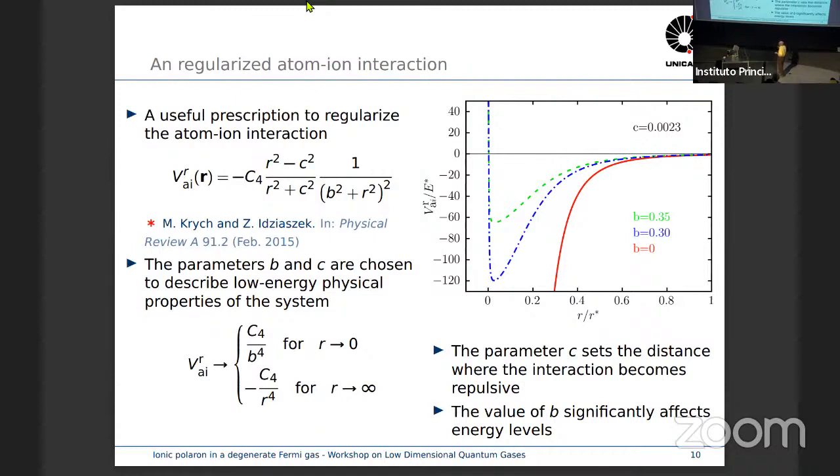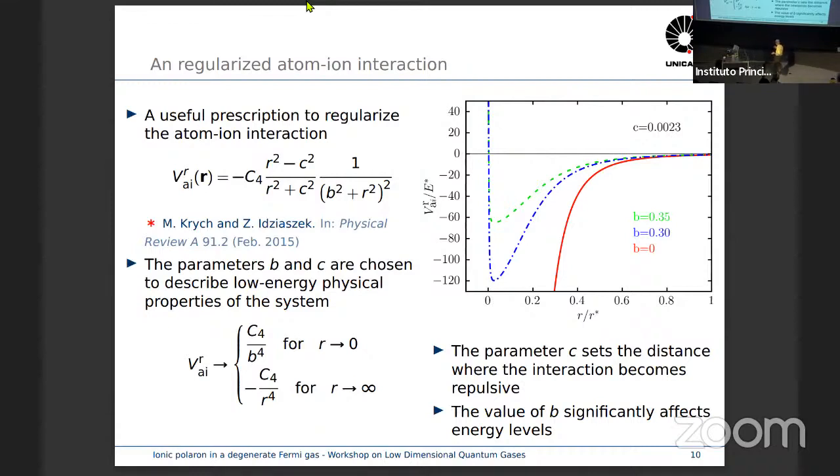And the parameters B and C are chosen to describe the low energy physical properties of the system. Anyway, in the limit R going to 0, this C4 over B4 is enough to avoid the overlap between the atom and the ion. In the other limit, when R goes to infinity, we recover the polarization potential. The parameter C sets the distance where the interaction becomes repulsive, and the B parameter significantly affects the energy levels